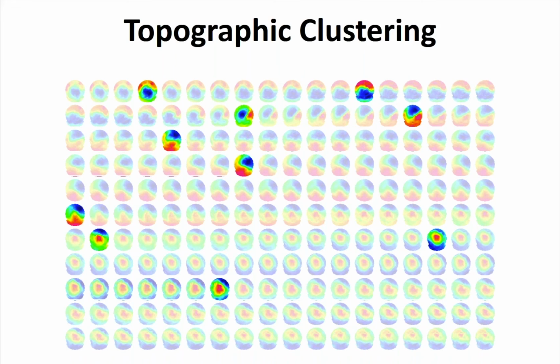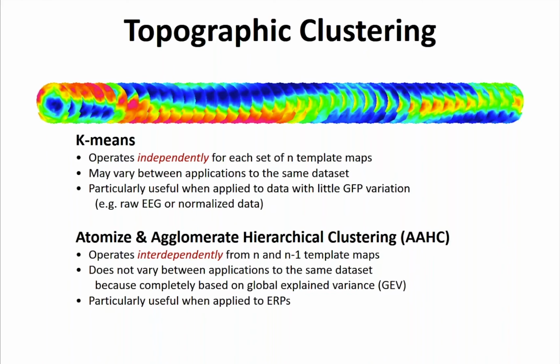Generally speaking, there are two families of data-driven approaches for topographic clustering. One is k-means, and we'll get to that in a moment. The other is hierarchical clustering, and then you can have variations upon that, one of which is atomized and agglomerate